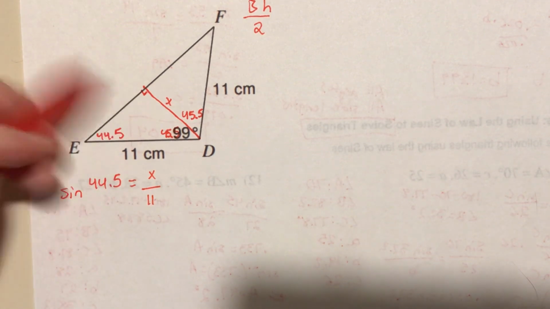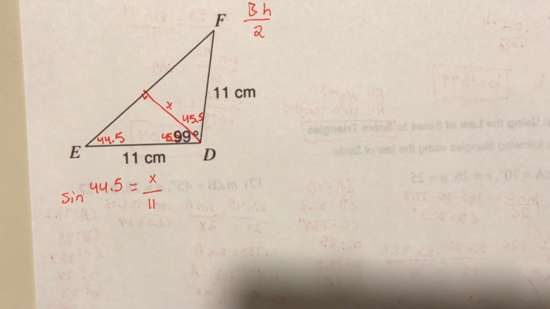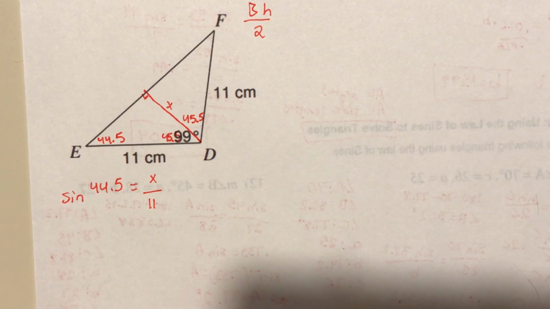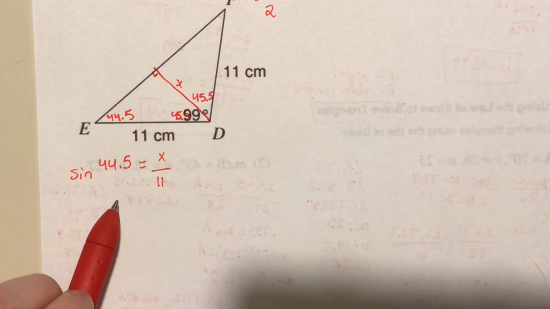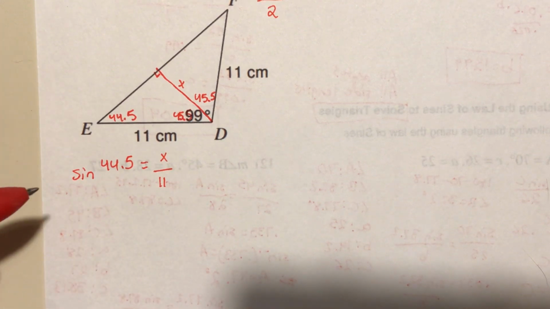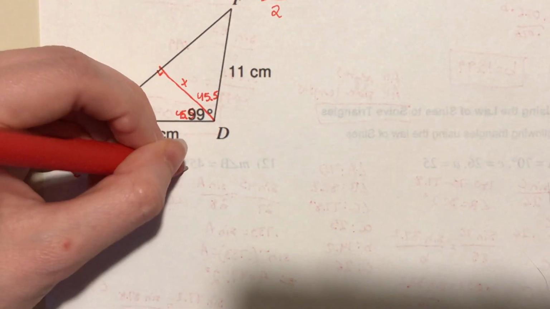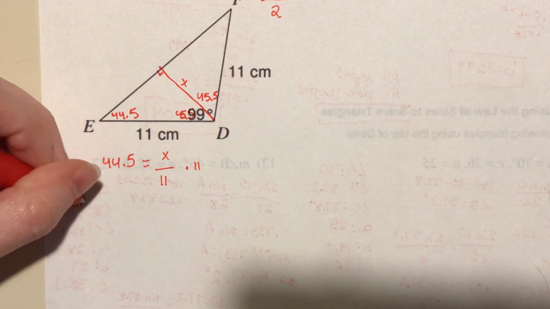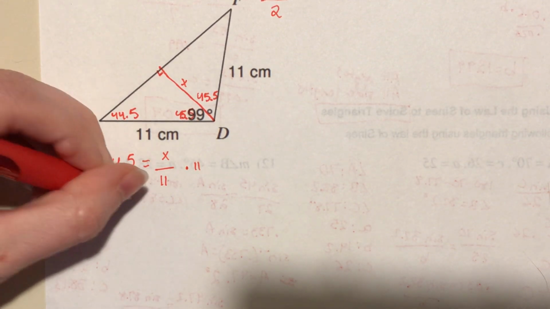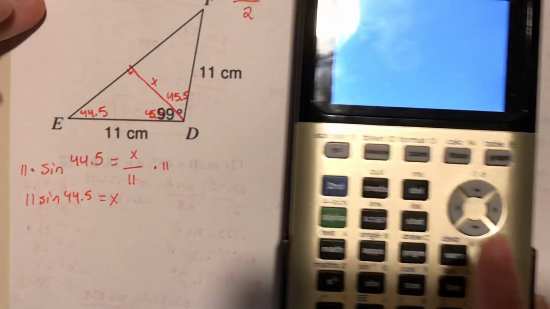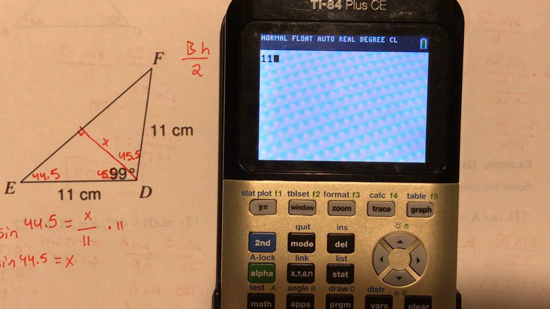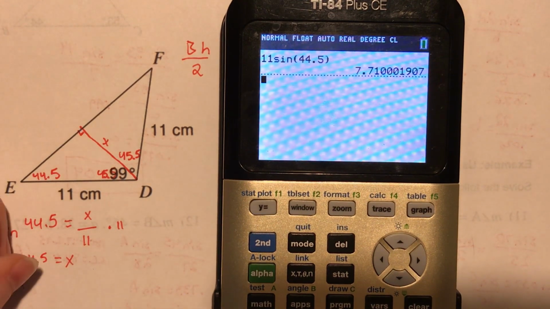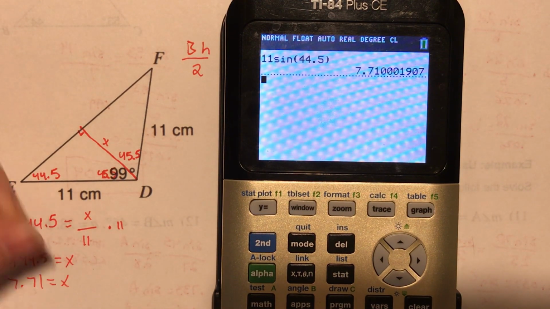So we're breaking a triangle that's not a right triangle into right triangles in order to use right triangle trigonometry to solve. So we've got the sine of 44.5 equals x over 11. And I can multiply both sides by 11. And I can say 11 sine of 44.5 is equal to x. So let's find out what that is. 11 sine of 44.5 is going to be 7.71 equals x. So this value